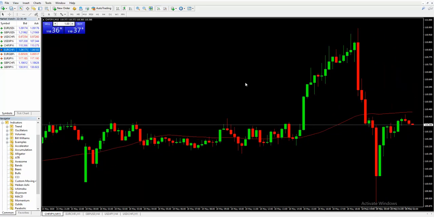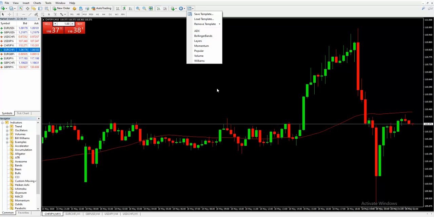What most beginner traders or newbie traders don't tend to do is to save as a template. You want to save this as a template so that each time you open up a new pair, you can go click on the template you've chosen, and it will be as the ones you've saved before. So let's save this one as a template. You click on Save Template,